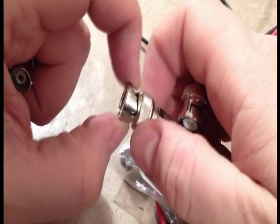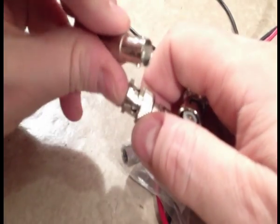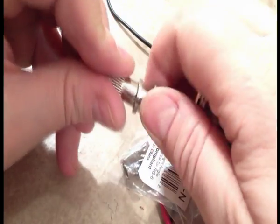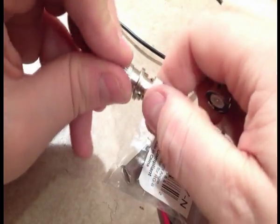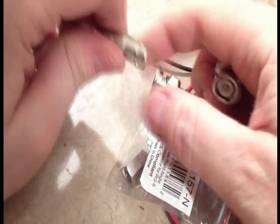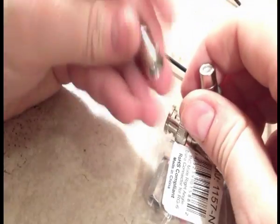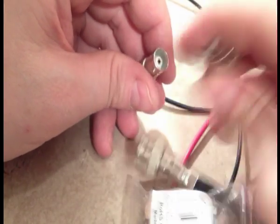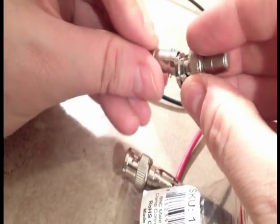And it's called bayonet because it's a connector very similar to how a bayonet is attached to a rifle. It just goes on like that, and it comes off the same way. In other words, you push it in, turn it, push it again, unturn it. And, okay, so let's say you've got a device that has BNC connectors and you want to use regular RCA cables. Here's your answer. This is a